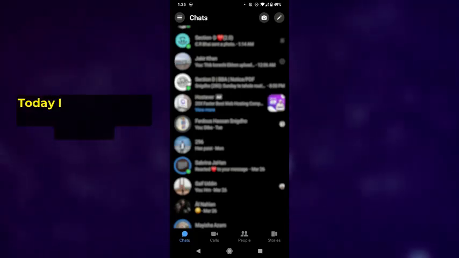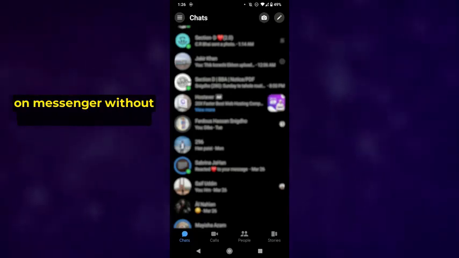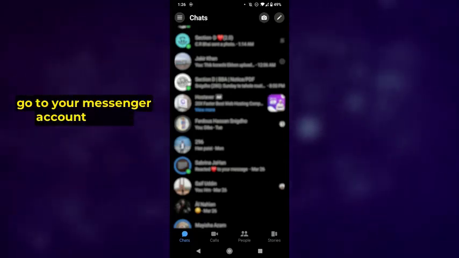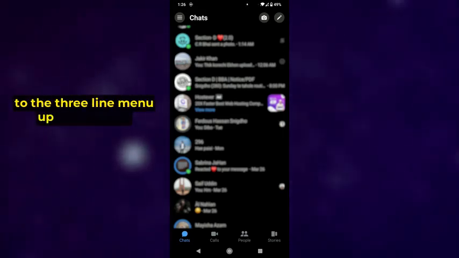Hello friends, today I will show you how to connect with someone on Messenger without Facebook. First of all, go to your Messenger account and go to the three-line menu up at the right